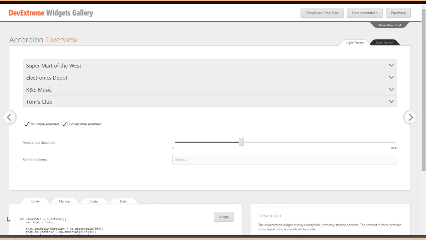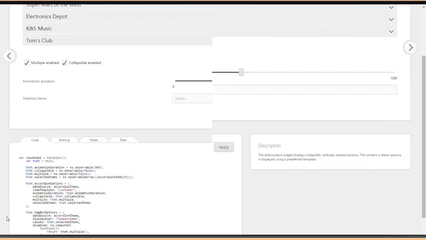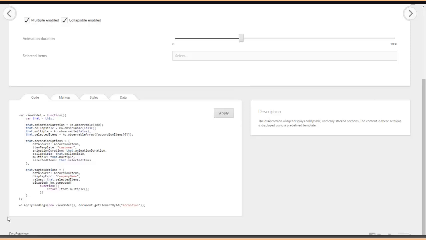But what's involved to actually put this into a project? Well, if I scroll down to the code window here, one of the great things with the DevExtreme website is that you can play around with it in real time. You'll notice I'm not just showing the code and the markup and the data. I've got this apply button. So you can actually jump in, make changes, and see it in real time without having to build your own